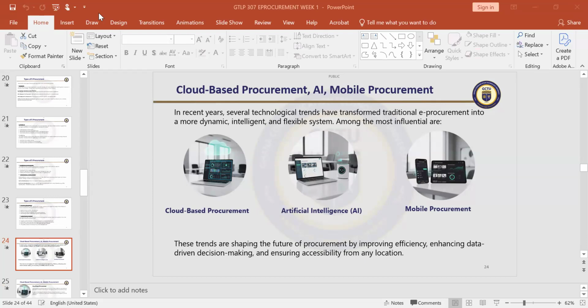Yes, when we talk about something cloud-based, we are talking about a new form of storage that has been, I don't know, injected into our system, whereby you can easily put your information in, and whenever you are looking for it, you can easily get it. So where do you keep that information? I don't know how it really works, but it's a system.